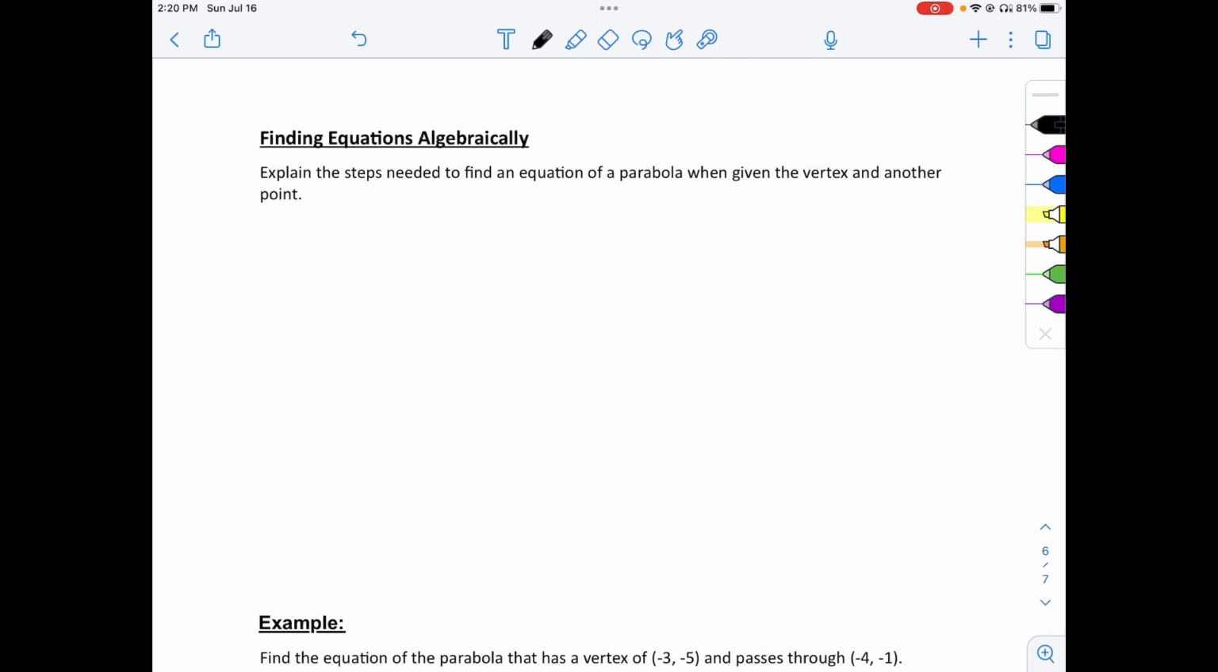The last thing we are going to cover today is how to determine the equation of a parabola algebraically if we are given the vertex and another point that the curve passes through. Okay, so the first step is from the vertex we are given, which we know is hk, we are going to create an equation in vertex form,